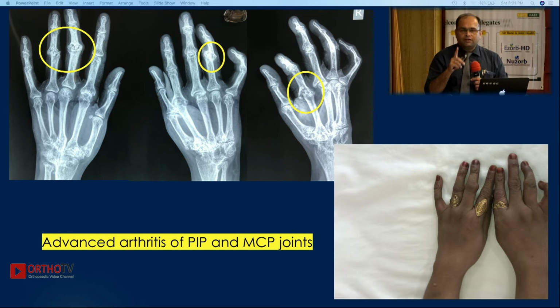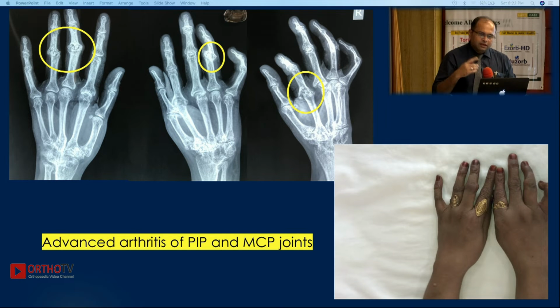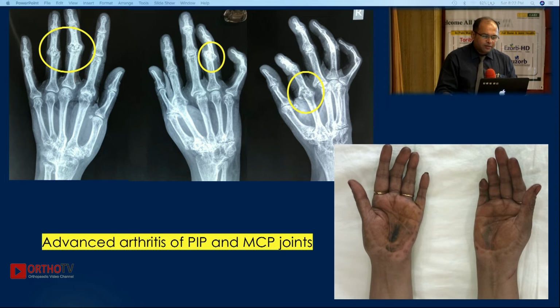So the message here is, if a single joint is involved in one digit, you can still offer a surgical intervention. If two joints are involved, like here, where the PIP joint is also arthritic and the metacarpophalangeal joint is also arthritic, we are not sure whether surgical intervention is going to be beneficial to the patient. So only with single joint arthritis, and if it is painful, yes, then surgical intervention is recommended.